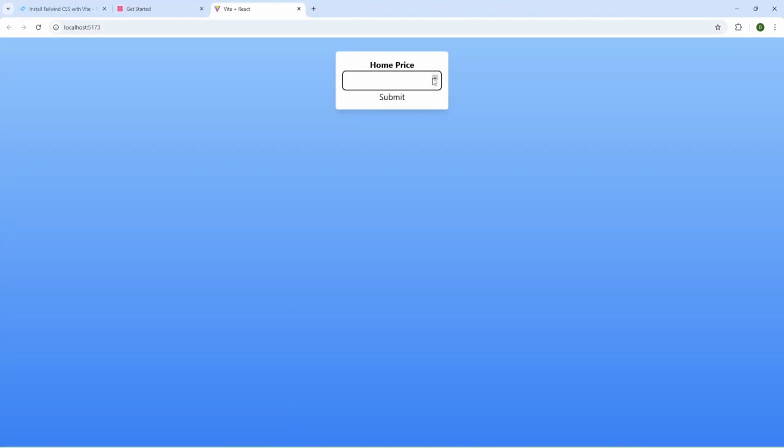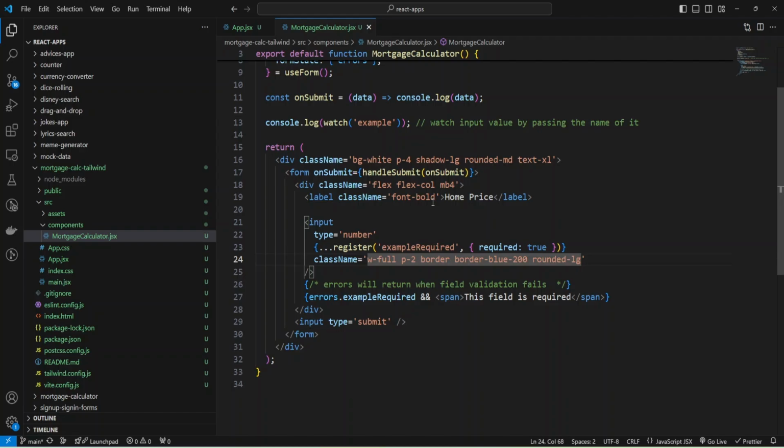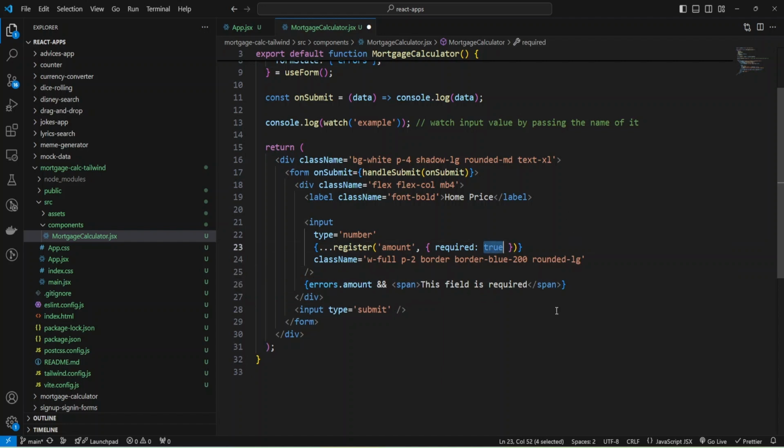We can provide some value. And now I would like to change the name from this example to amount. And also I will change errors. I will remove this comment. And instead of required, I'll provide some message.